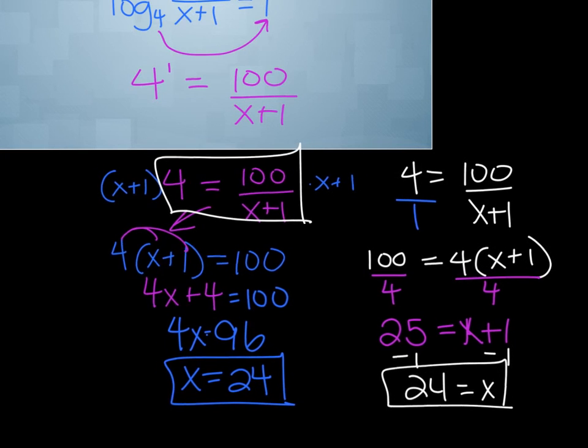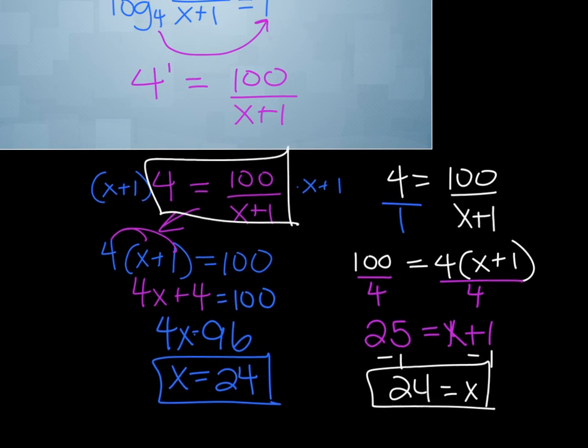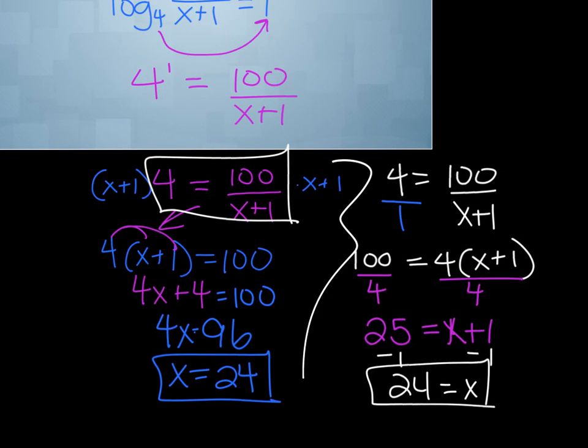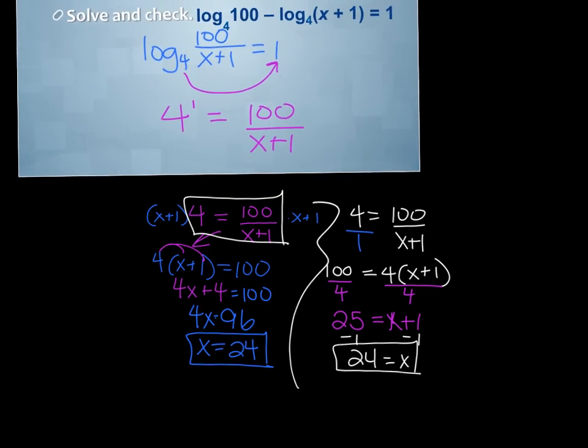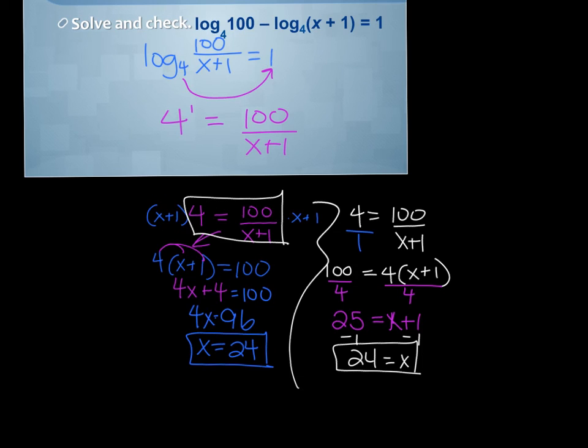So if you see one fraction on either side of the equal sign and you'd prefer a cross multiplication, then I would set it up the way that the second one is. Just put that 4 over 1. If I've got one number on one side and a fraction on the other, just put that 4 over 1 and then cross multiply and solve it that way. Questions on that one? All right, so